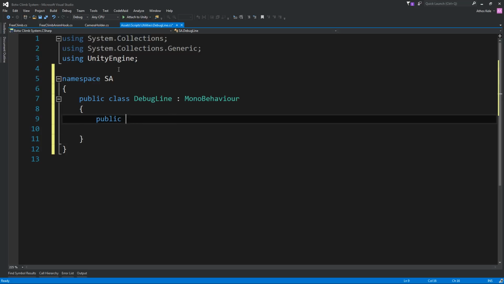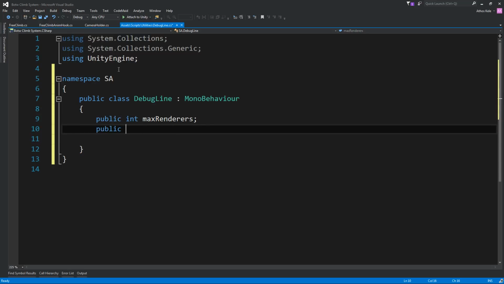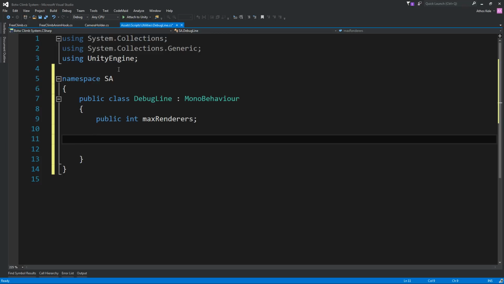And basically what we're going to need is, let's make a list. Okay, let's say public integer max renderers, and then let's make a list of line renderers.